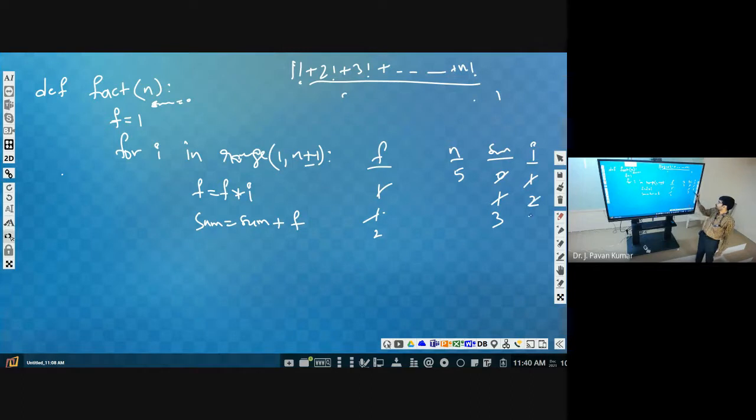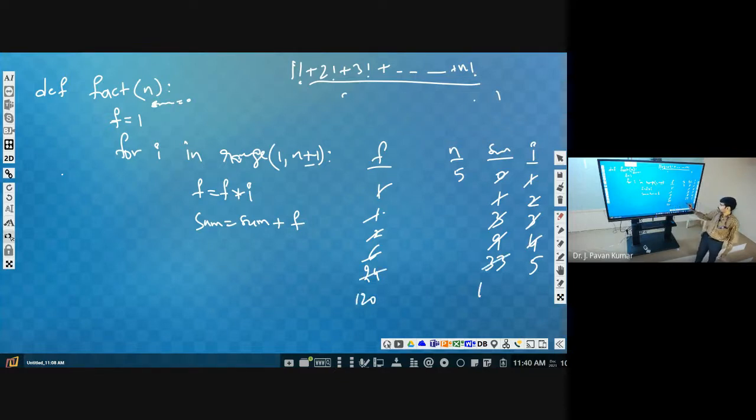Next, i value will be 3. What is f? 6. Then what is sum? 9. What is i? 4. Then this will become 24. Next, i value becomes 5. Then this will become 120.